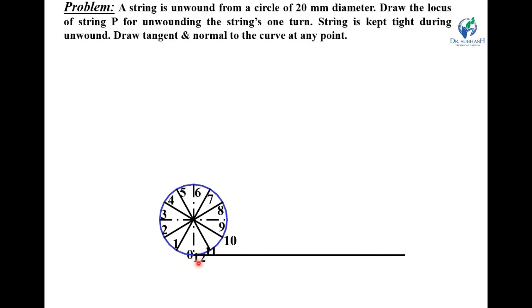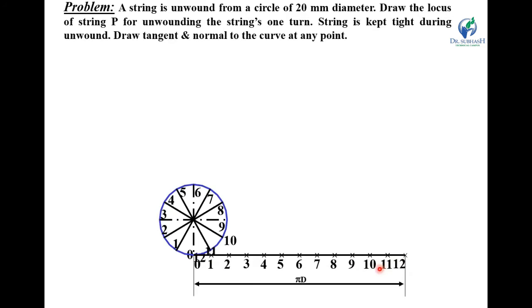Now the next step is to draw a line which is tangent to this circle, and the length of this line is equal to the circumference of this circle, or we can say it is equal to 2 pi r or pi d, and divide this line into 12 equal divisions. The number of divisions of this line is equal to the number of divisions of the circle. If we divide this circle into 8 divisions, then you have to divide this line into 8 equal divisions, and the length is equal to pi d. Now the next step,